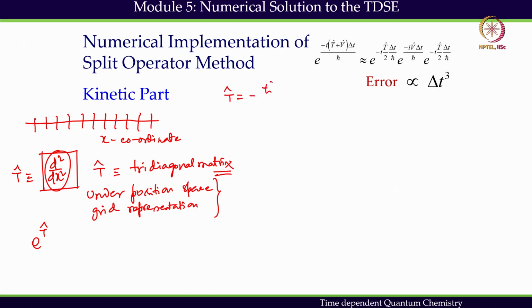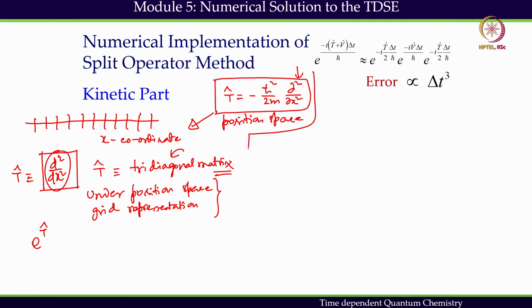This is nothing but minus h cut squared by 2m times the second derivative. This is the form in position space. If I express the kinetic energy operator in position space, I get this form. Immediately I get this second derivative, and the second derivative using the finite difference method only gives me this tri-diagonal matrix form. But instead of position space,